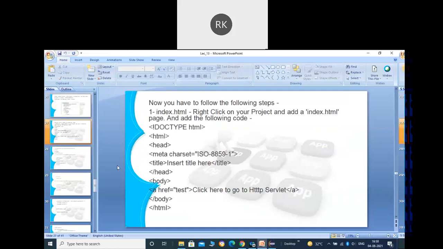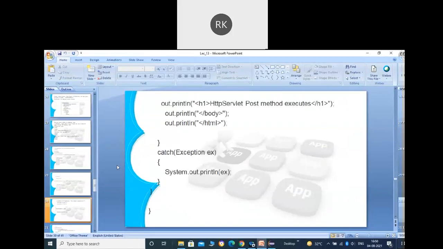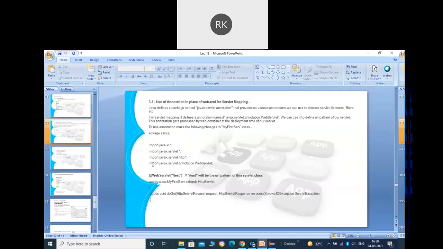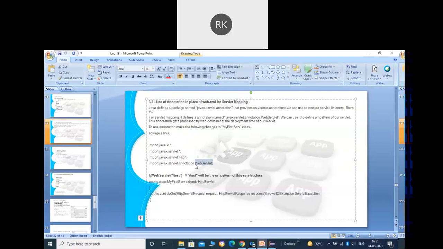If you do not want to use the web.xml, as I told you yesterday, we can make use of annotations. The annotations can be defined with your class declaration. One package needs to be imported for that: import javax.servlet.annotation.WebServlet.